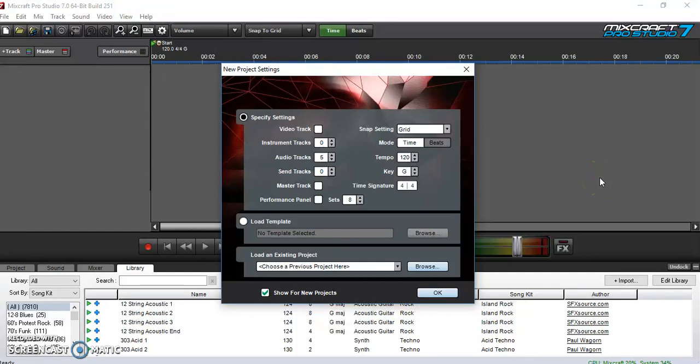Hi guys, for this quest project I thought I could show you how to make a song, and I'm going to be using a program called Mixcraft Pro Studio 7, and it is a program for Windows computers that's similar to GarageBand. When you first open up the program, it comes up with a new project settings menu, and